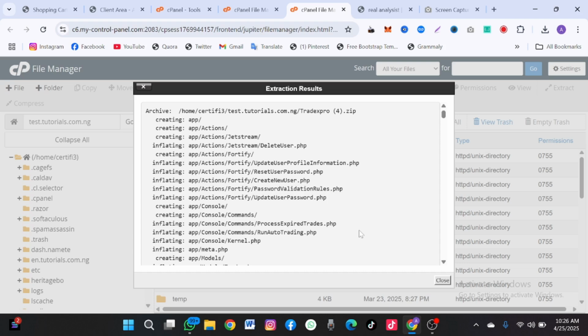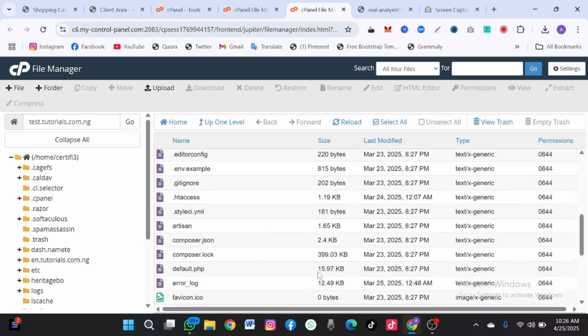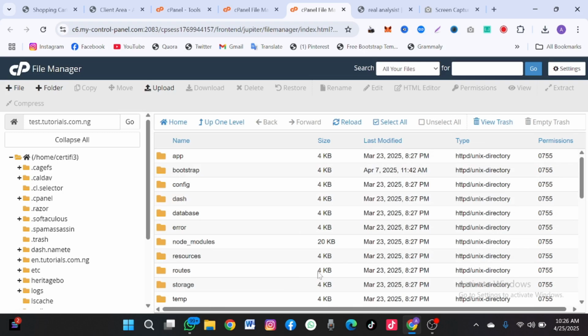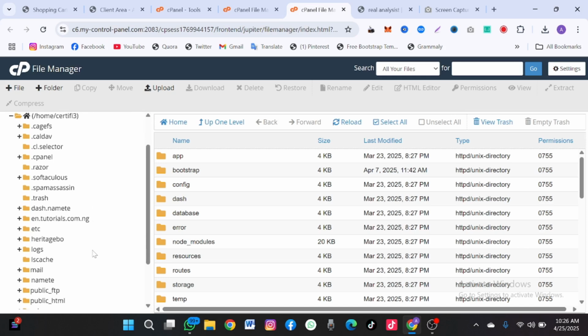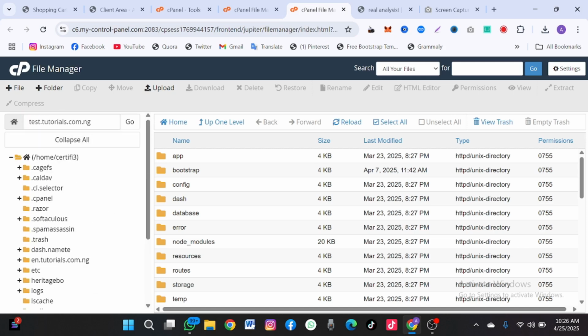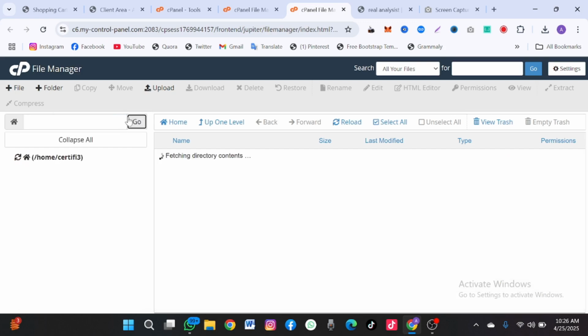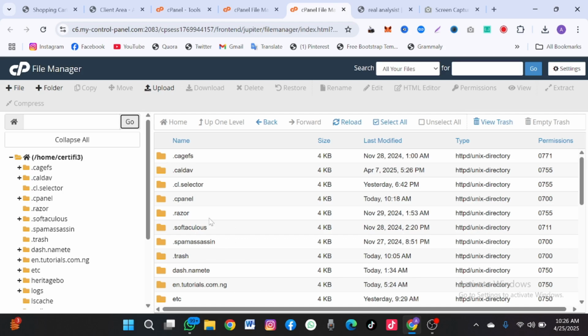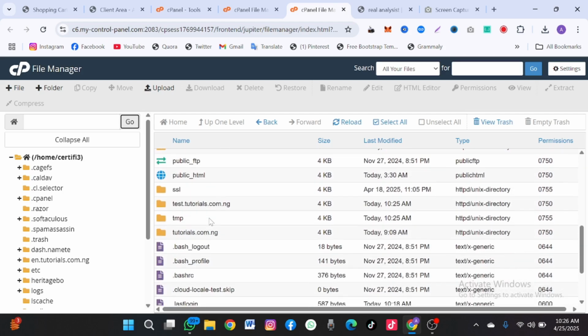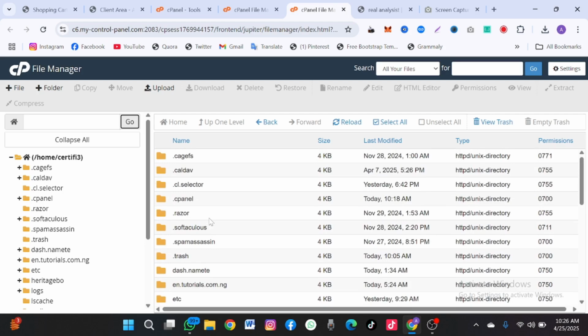Okay, so once it has actually extracted, you click on close. Now you have the file here, right? You have all the necessary files here. But this file is quite different from the normal investment sites we normally create, right? So what you do next is come here on this place, click on remove everything you have here. Now click on go. Now this will bring you to this exact part, right? It brings you to this place where your directory is. Now you want to upload something different here. You want to upload,